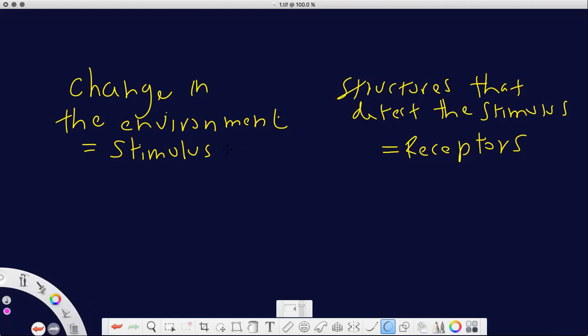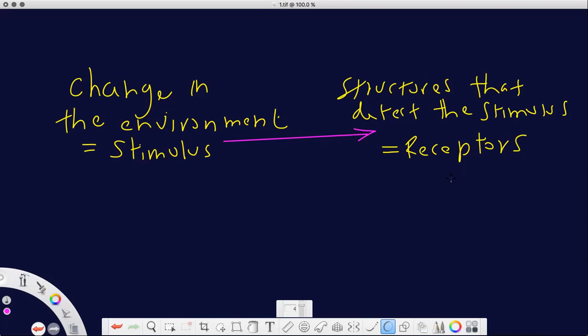So now we can link this with this one as one communication. As one communication, the stimulus linked with the receptor is the first communication. Right. Then after that,